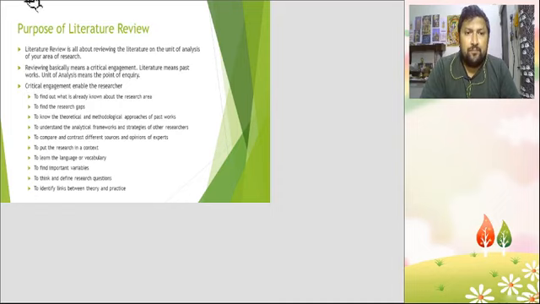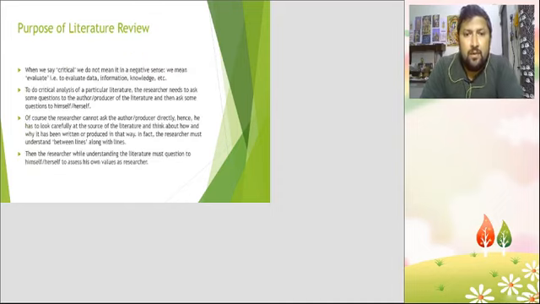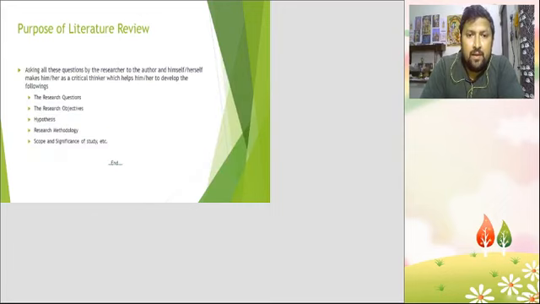And after the researcher becomes a critical thinker, ultimately the researcher will be able to develop the following things. The researcher will be able to develop the research questions, the research objectives, the hypothesis, research methodology, scope and significance